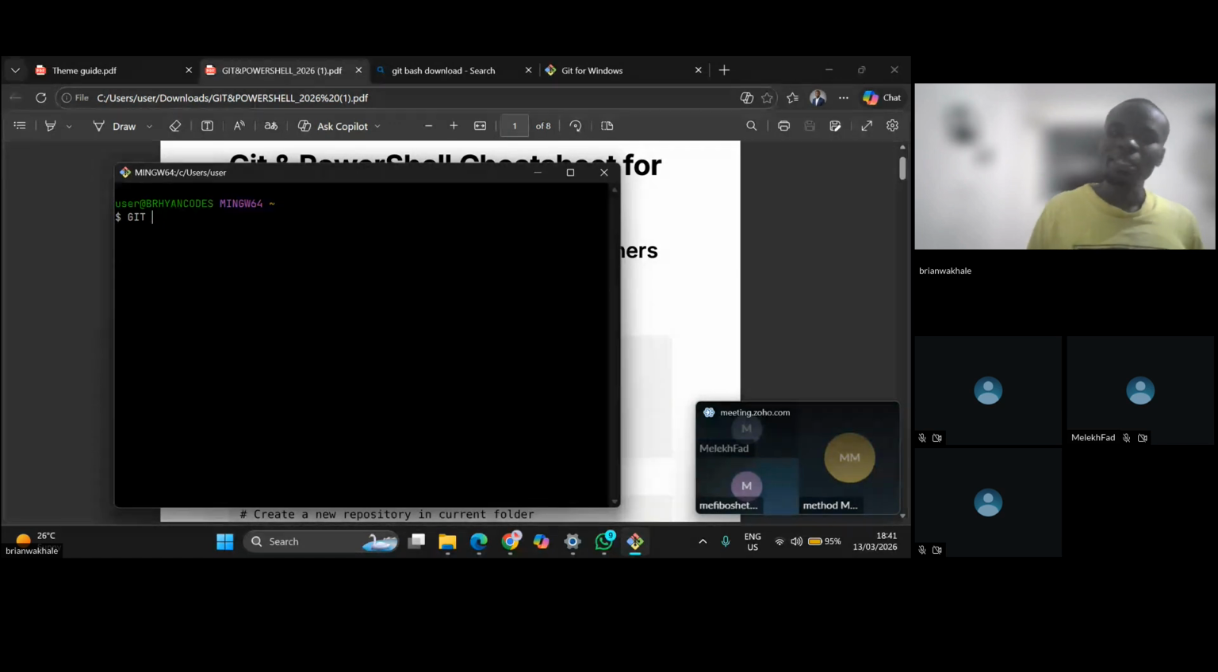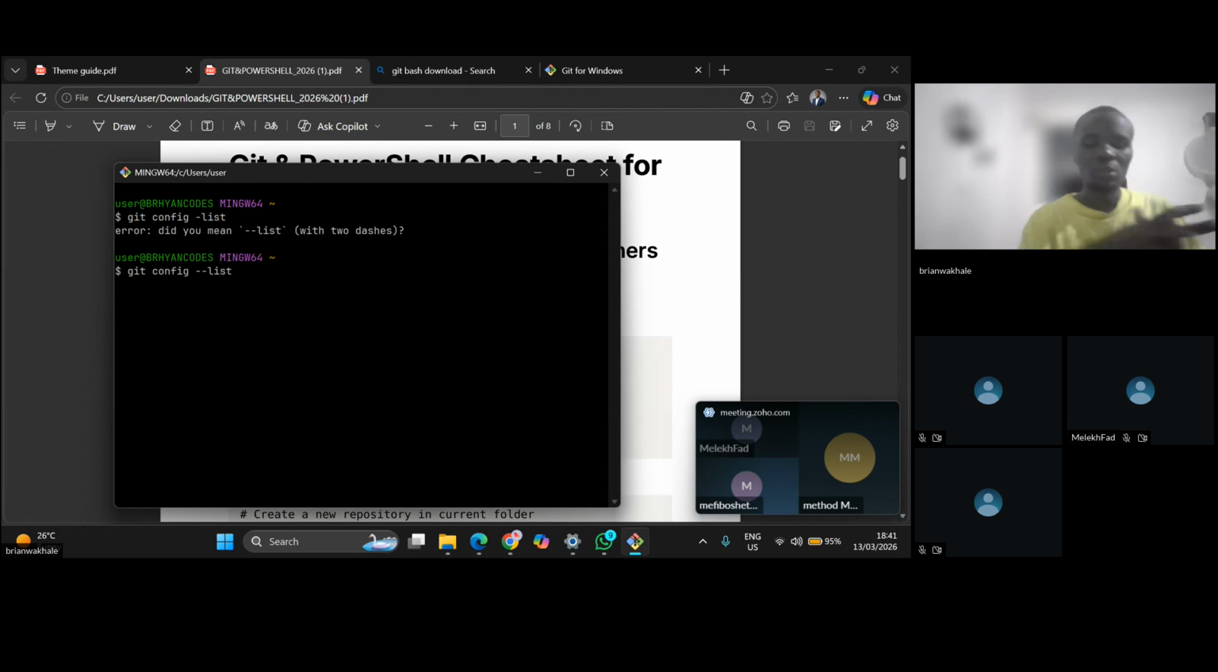But then you're also supposed to know that Git is in Linux, so it's case sensitive. You aren't supposed to use capital letters. I see, it's case sensitive. I'm getting an error. I see. It says this git config list. So let's wait for it, and then